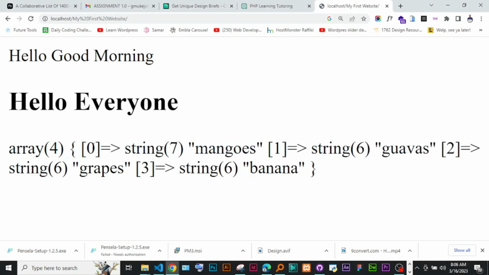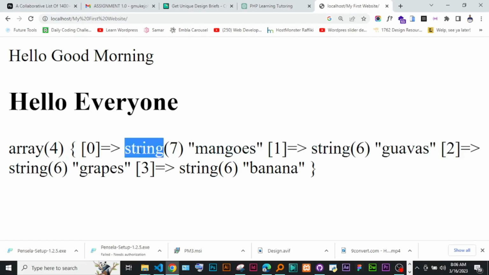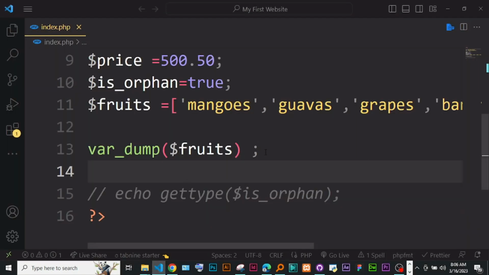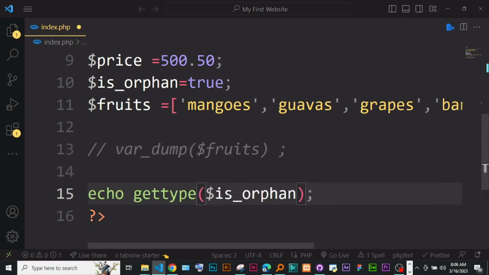So var_dump, we are going to talk about it in a second, but it gives us all the index at 0. We have mangoes at position 1. We have guavas, and there's a string. It gives us a lot of details. In fact, it gives us the index, the data type, and even the length of that string, and then it gives us that string here. Okay, never mind about var_dump. I'm just going to explain it in detail in the future, but right now let's echo out the data type